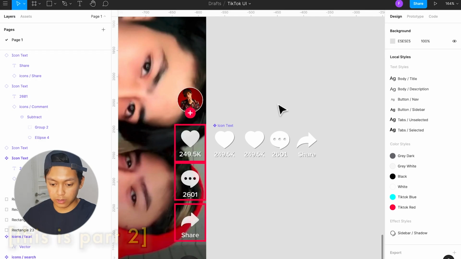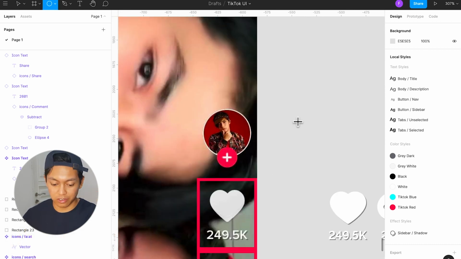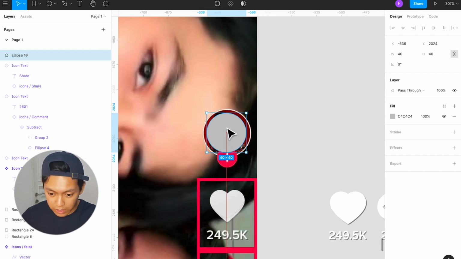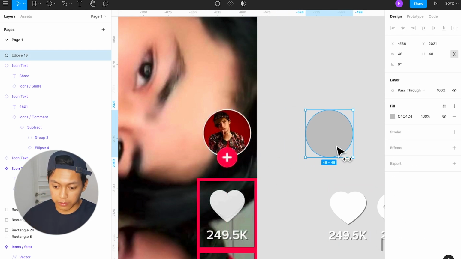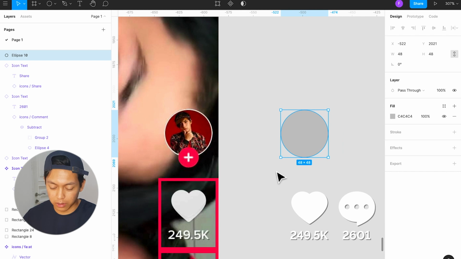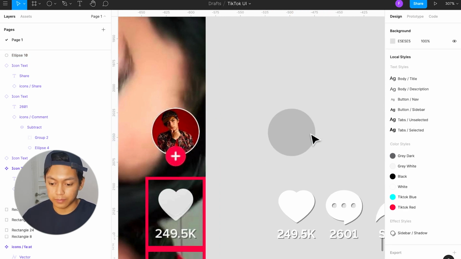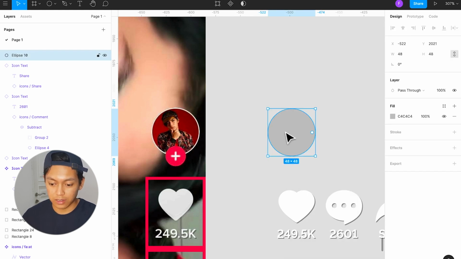So next, we're going to create this avatar or icon thing, just a circular image. To bring up a circle, you can press O, and then let's see how big the circle actually is. I'm going to go with 48 by 48. It might be 49, but that might just be some weird pixel thing. But anyway, once you have this shape, we can turn that into